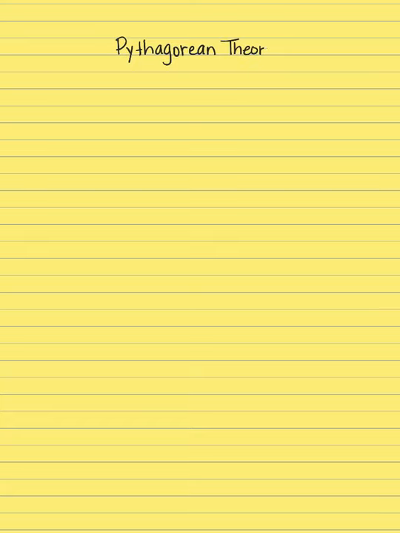It has a weird name, and it's actually named after a guy named Pythagoras who came up with this theorem. And this theorem has to do with right triangles. The Pythagorean theorem states that a squared plus b squared equals c squared. Now I'll have to tell you what a, b, and c are before this makes any sense. And again, this is only